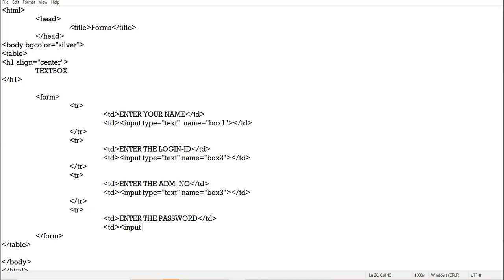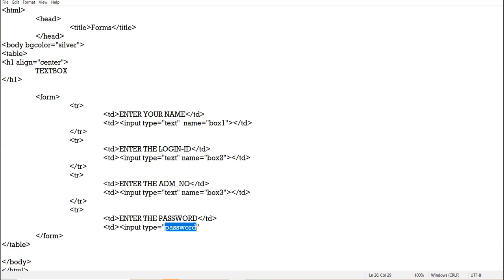Input type equal to password. When you were supposed to create the text box, the control was text. Now you are creating password, your control will be password. When you enter the password, it will not be visible.